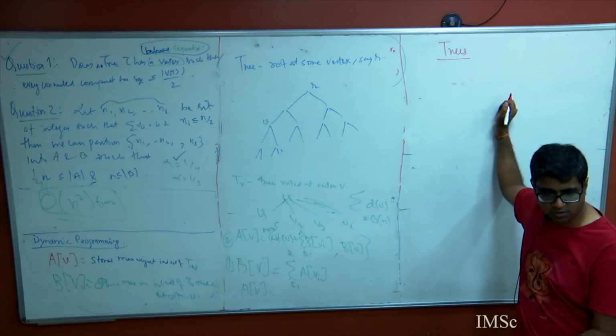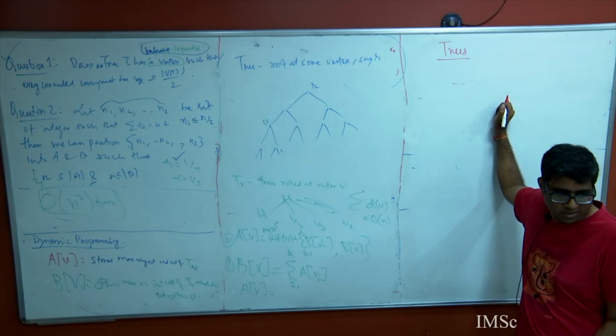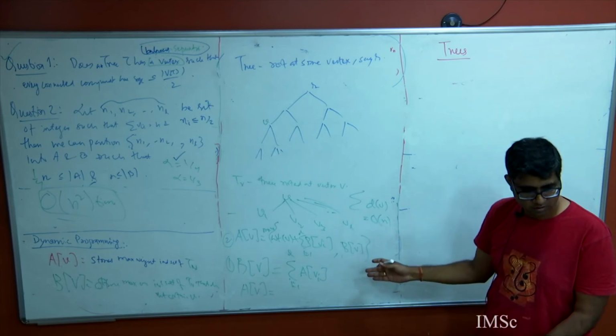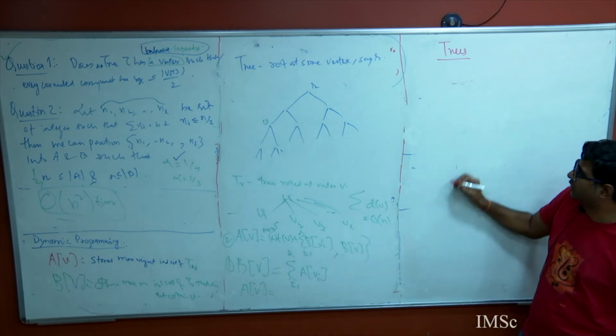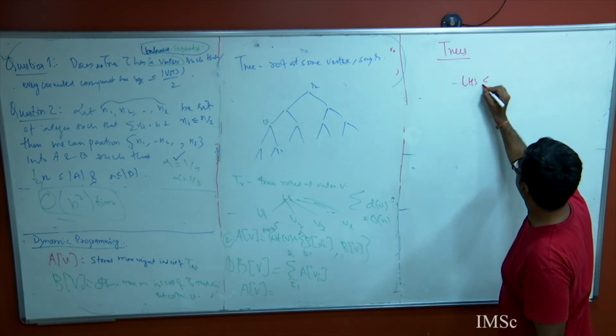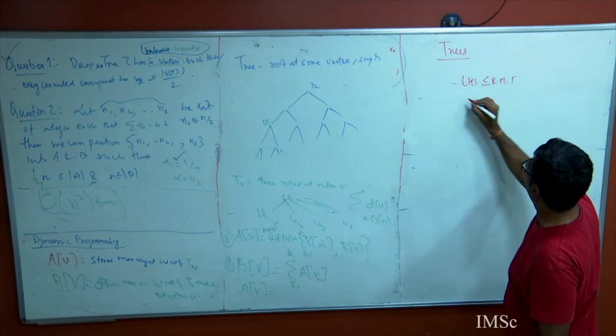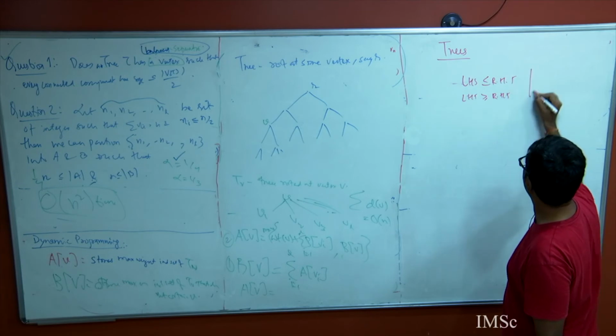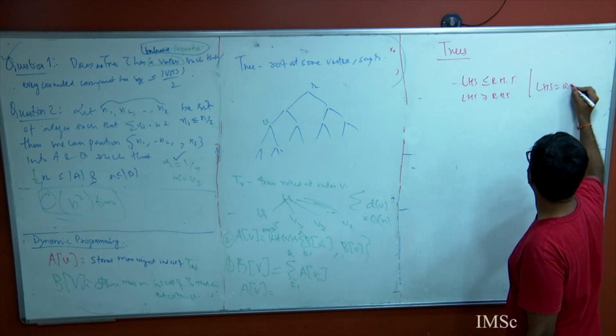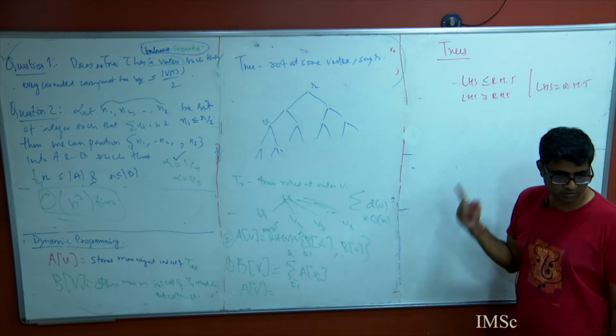One is less than or equal to the other, right? So it is not about DP, it's a recurrence. And if I have a recurrence, all I have to show is that the left-hand side is less than or equal to the right-hand side, and the left-hand side is greater than or equal to the right-hand side, and then the left-hand side is equal to the right-hand side. Isn't this how we say?